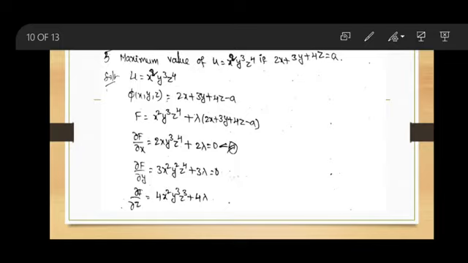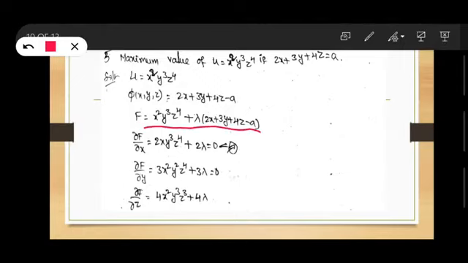Now we calculate the partial derivatives. First the partial derivative with respect to x, that will be dou F by dou x, that is equal to, here, y and z are the constant terms. So here we do the partial differentiation with respect to